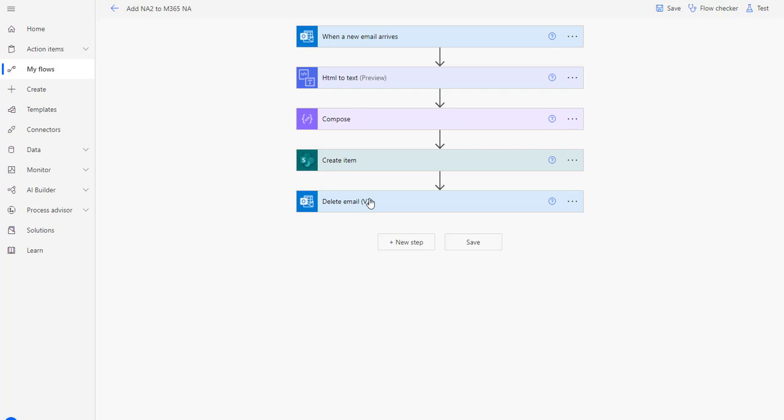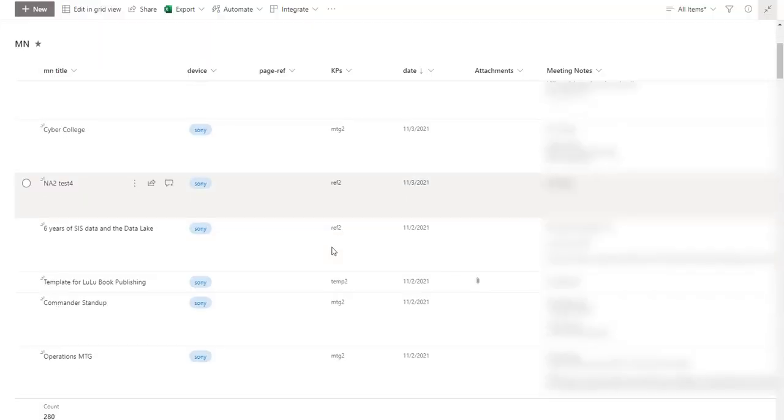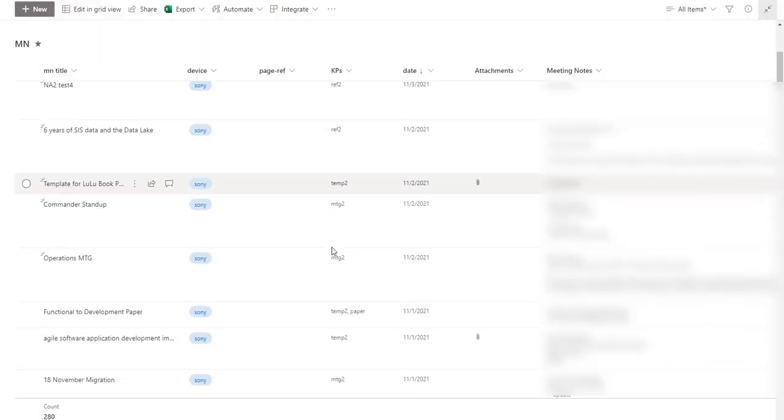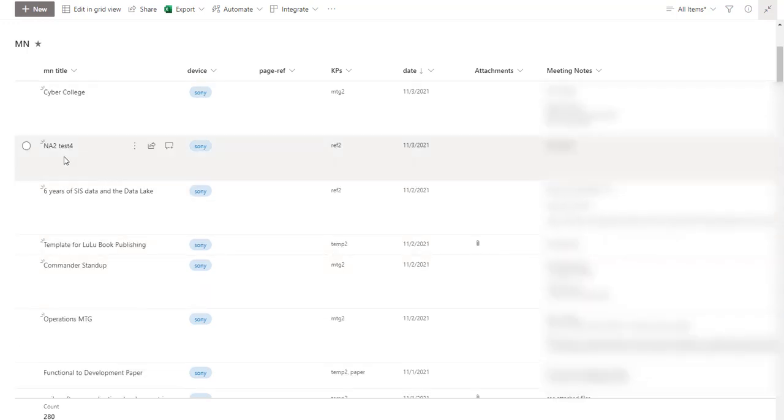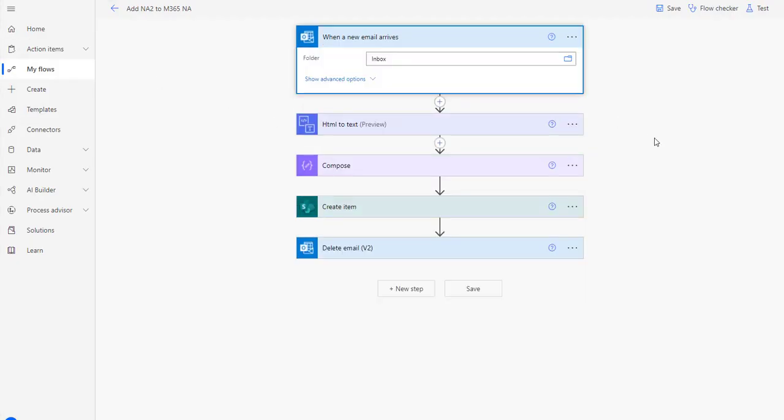Now, you may not be using it the same way I am, but I think you're going to find that this can be very helpful. Let's flip over to the SharePoint list. Not anything really out of this world here. We just have a SharePoint list and we have data that we're collecting. So let's go back here, and here's Outlook, what happens in Outlook.